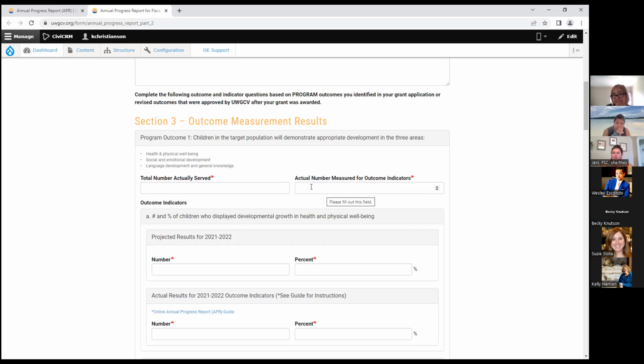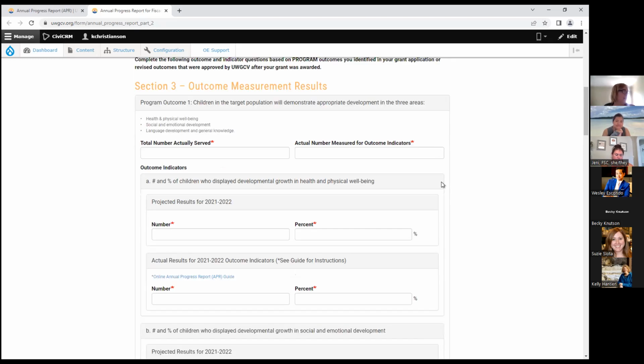Okay, that is probably the outcomes. This section is probably the thing that we have made more phone calls on, to try to get different information from all of you, wondering how you did what. Hopefully this will answer that a little bit better. The directions are really clear when you go into the guide. And we have links to the guide